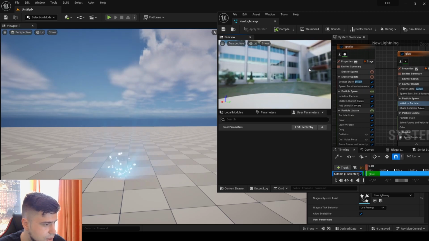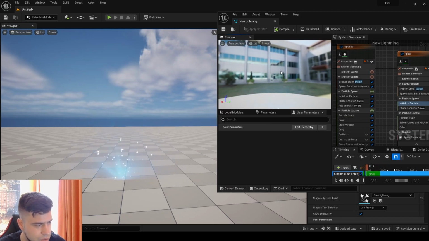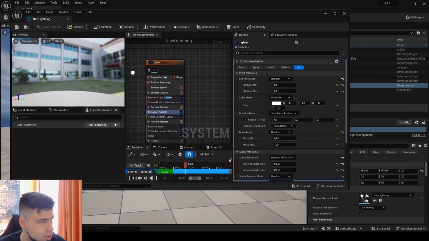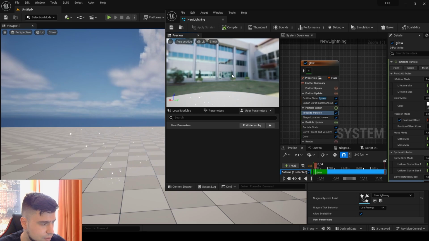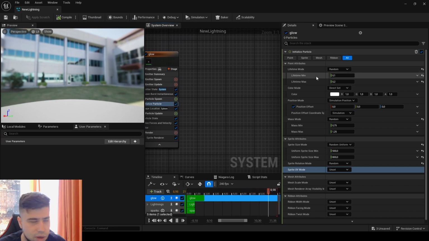We need a bigger size glow. Perfect, because the lightning gets bigger, and if it's small it looks weird. Okay, we are ready with the glow, guys. So let's continue with the next emitter, which is the parts which are like debris, which are exploding and going everywhere in our viewport. So let's scale this, and for the parts, what I will do, I will click here,